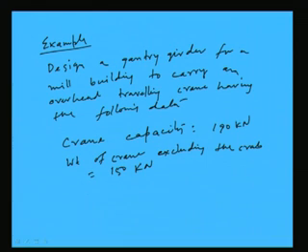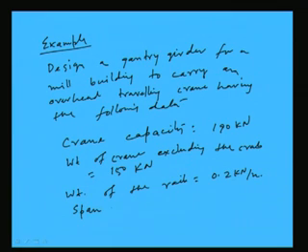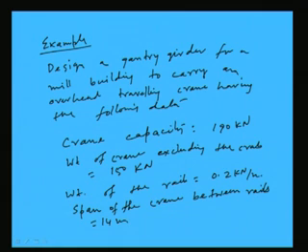So, the weight of the crane is 150 kilonewton, and the weight of the rail is 0.2 kilonewton per meter, and the span of the crane between rails is 14 meter, and minimum hook approach